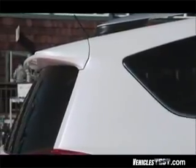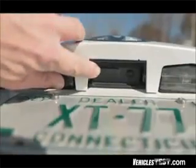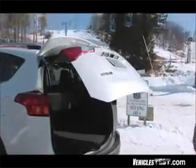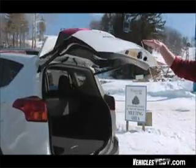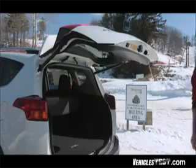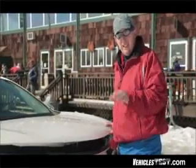And to complete the athletic look, the roof spoiler not only visually extends the arc of the roofline and enhances aerodynamics, but it also includes a brilliant LED center brake light for added safety. While we're at the rear, we checked out the new one-touch power liftgate with driver-selectable memory height settings. This is a great feature in the event your garage has limited headroom or overhead obstructions, such as a garage door opener. Nice touch. So now that we've covered the exterior, let's take a good look around on the interior,